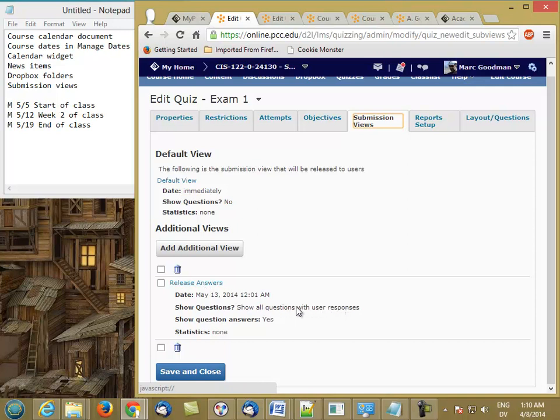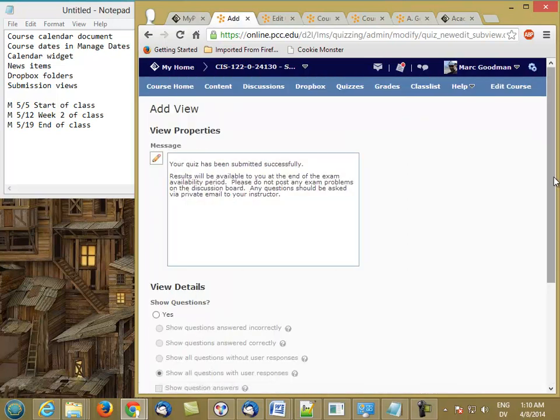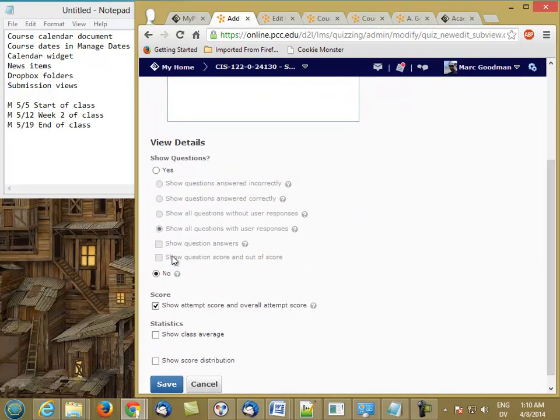The way this works is that during the exam period, students can't review their answers and can't share their answers with other students in the class. But after the exam closes, they can see their answers and the correct answers so that they can go in and ask any questions about why they got something wrong. So the way I set this up is the default view has no to show questions,